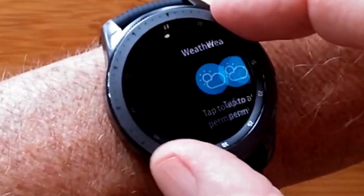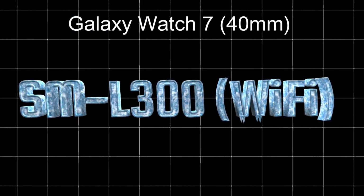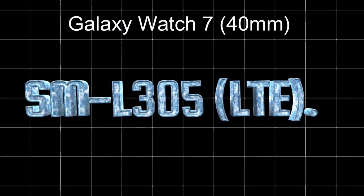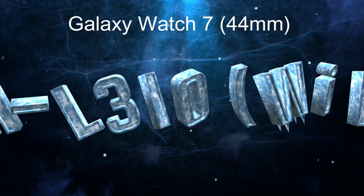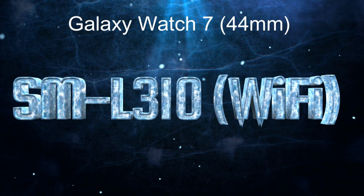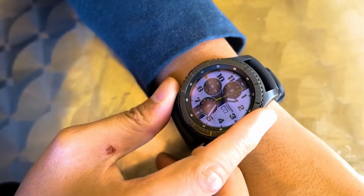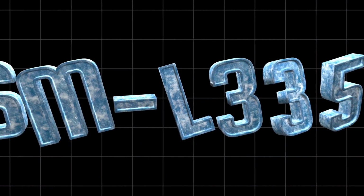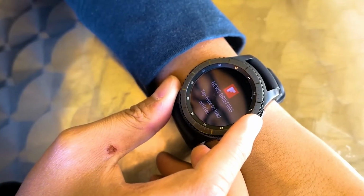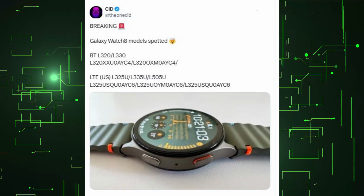For example, the Galaxy Watch 7 40mm has model numbers of SM-L300 with Wi-Fi and SM-L305 with LTE. The 44mm version of the Galaxy Watch 7 is either SM-L310 with Wi-Fi or SM-L315 with LTE. A gadget with SM-L335 really seems like the next in line, doesn't it? Based on a recent Twitter leak, we already assume the Galaxy Watch 8 will come as SM-L320,